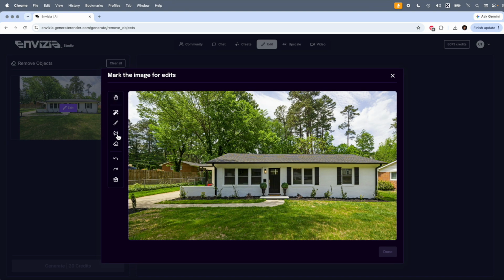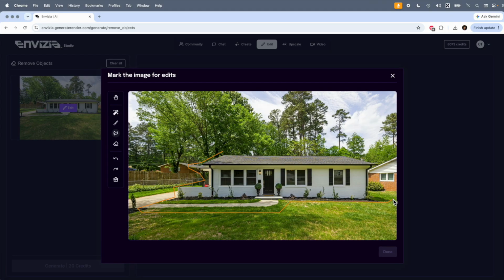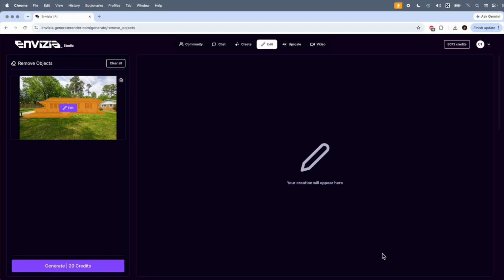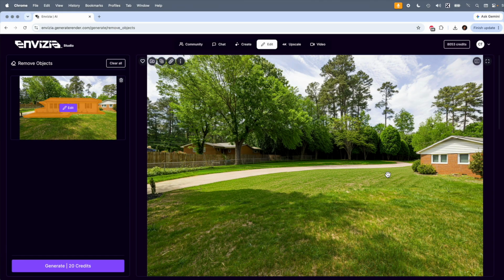So we need to come over here to the tools, and we're just going to start surrounding the part of the house that we want to have removed. And I'm actually going to remove the walkway on the front. We're going to assume that that needs to go away. Let's get the shadow, and I'm just surrounding the whole house. Click done. And then all you have to do is click generate. And there we go. So now our plot of land has the old house removed,